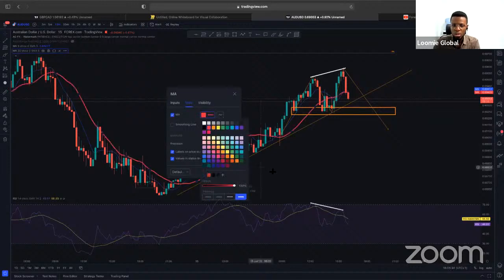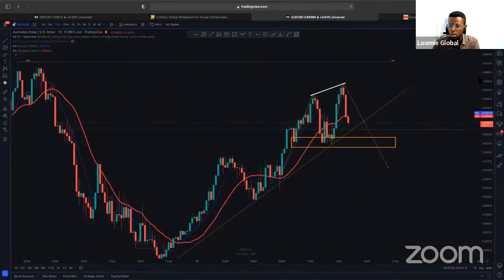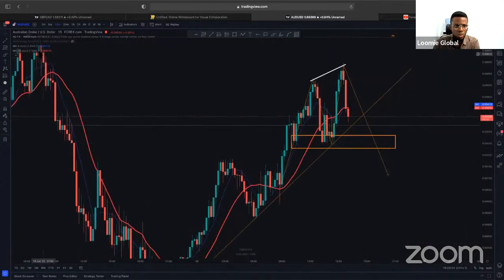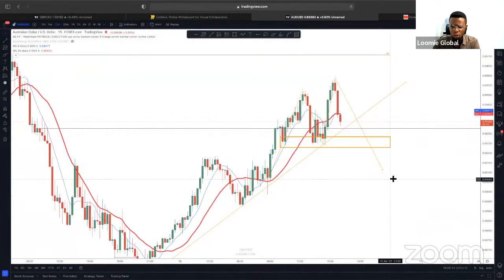So let us make our 20-day moving average that thick. And then let us see our 9-day moving average. This is not responding for some reason, maybe because I already have too many indicators right here. So we have seen divergence on the RSI. I'm going to close that and try this one more time. It's not coming up. I'm going to leave that. But I want to believe that you can see the blue line. Let me make this white, just a bit, so you can see it, right?